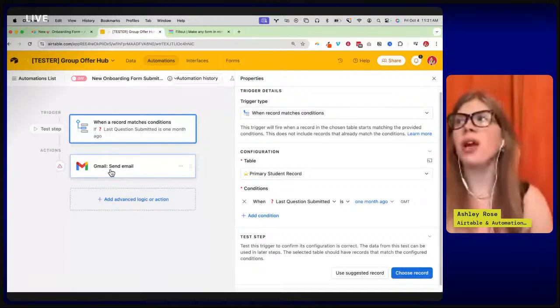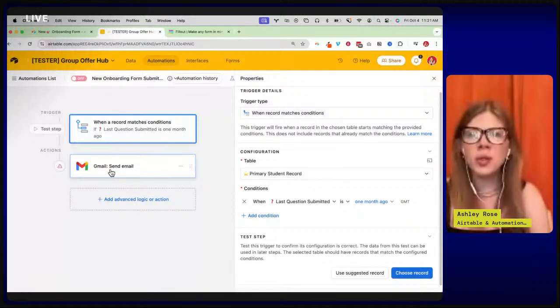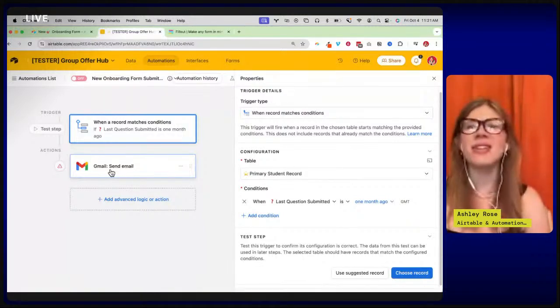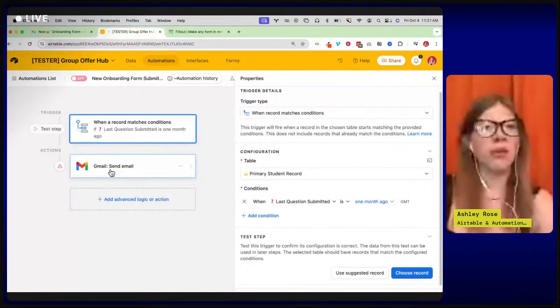People feel so cared for and seen when you're setting up these automations. They're so simple to set up, but really think about, what are the checkpoints? How do I want to make people feel seen and cared for?